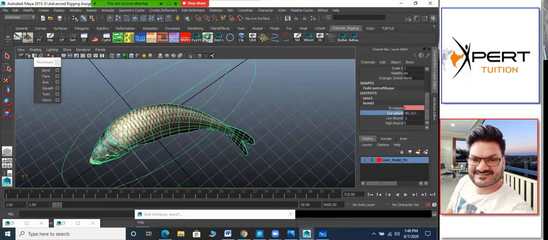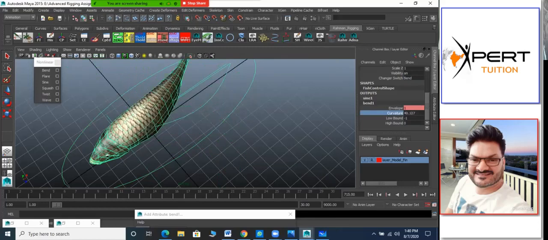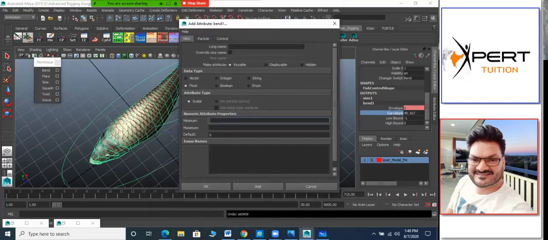I think we can give it a very big number like 90 and all that. But what I'm going to do is put a smaller number to animate, like plus 10 to minus 10. So minimum value minus 10 and maximum value plus 10. Is it clear? And in set driven key, we can limit how much it will animate. So this is not going to go beyond 10 and minus 10. But 10 will be connected to 90, or whatever 90 or 95 or 100 value is going to come there, and minus 10 will be connected for negative one.